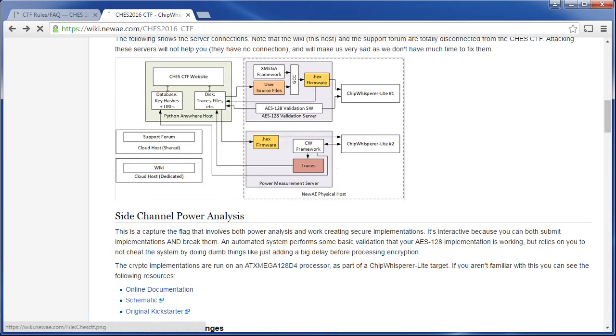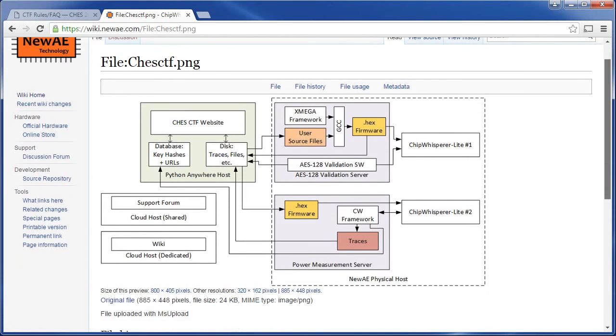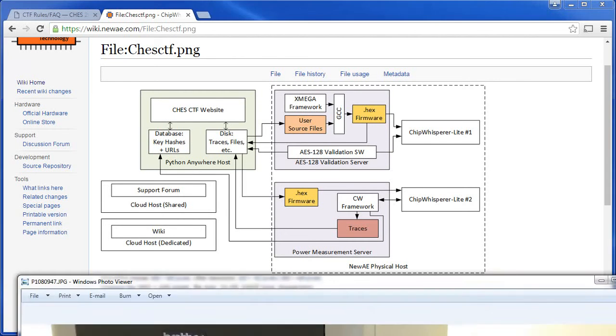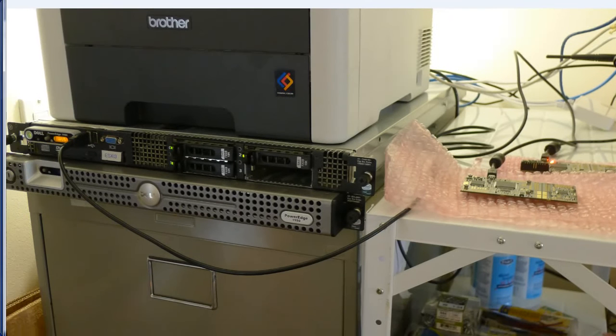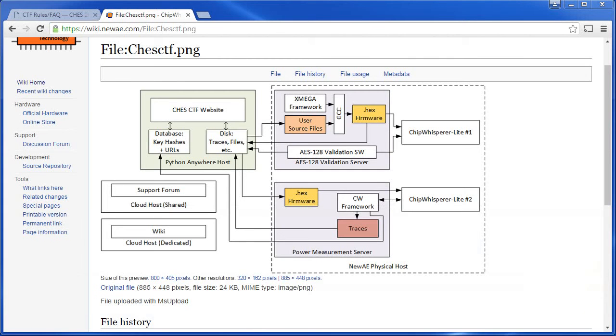This year, the challenge involves a website that you can upload stuff to, and it will physically run various challenges on a piece of hardware. On the back end, to give you an idea, there's a server and two little ChipWhisperer Lite boards attached to it. So you'll be able to upload an AES 128 implementation. It's going to do the power analysis of it and upload the traces back to the website